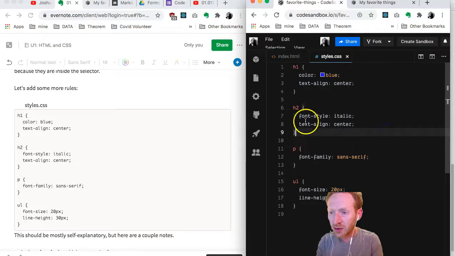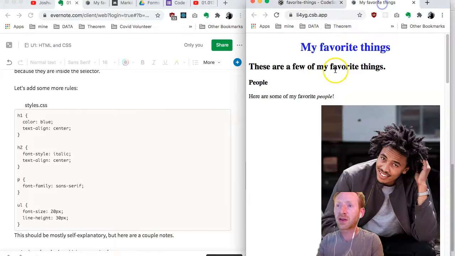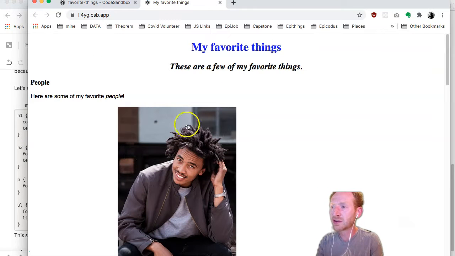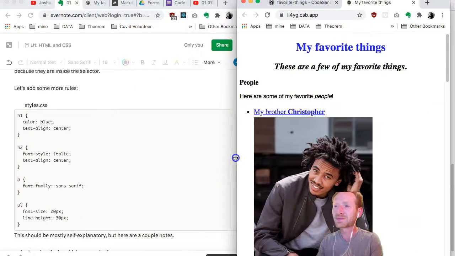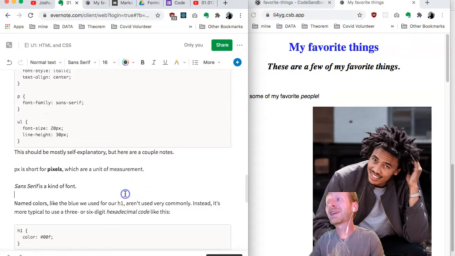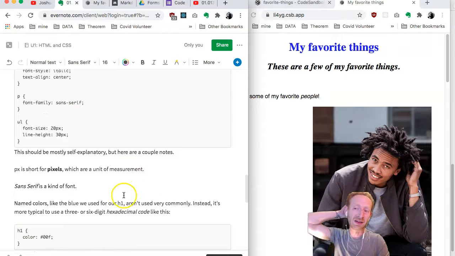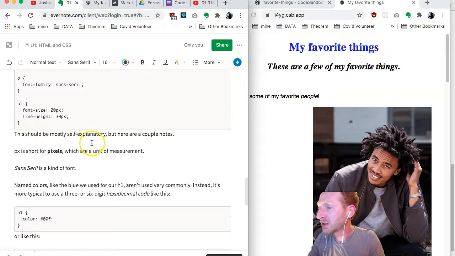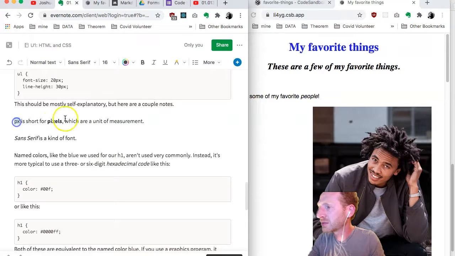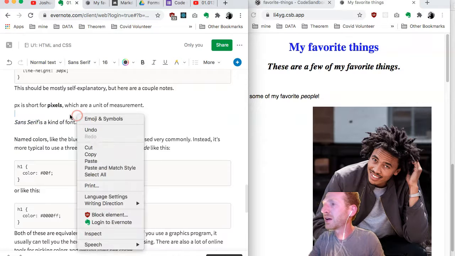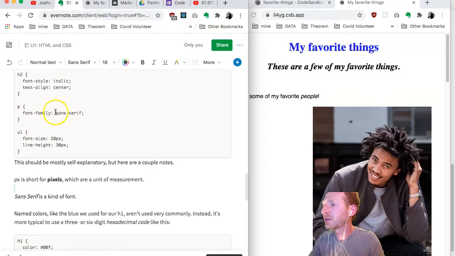Boom. Looking pretty good. This is how we're supposed to look. And I look at my website. Let's see here. Refresh the page. Looking better. Looking better. I wouldn't say it looks great, but we're getting the idea that this is how you can apply styles. And I'm sure you can come up with some stuff that's way better. So let's see here. PX, as we said, stands for pixels. Sans serif is a kind of font. Yes, we should be familiar with a lot of these sans serif,